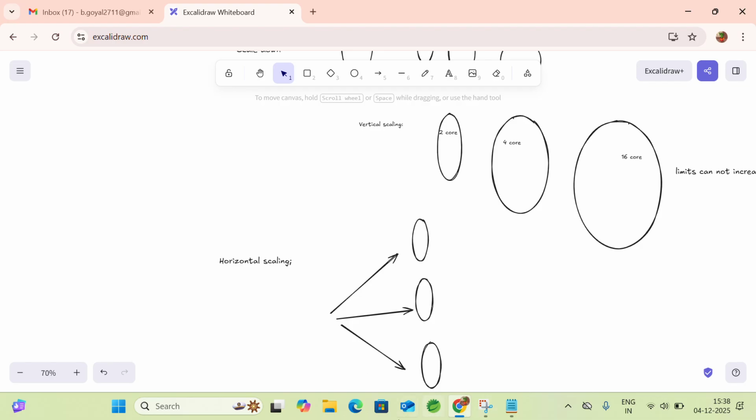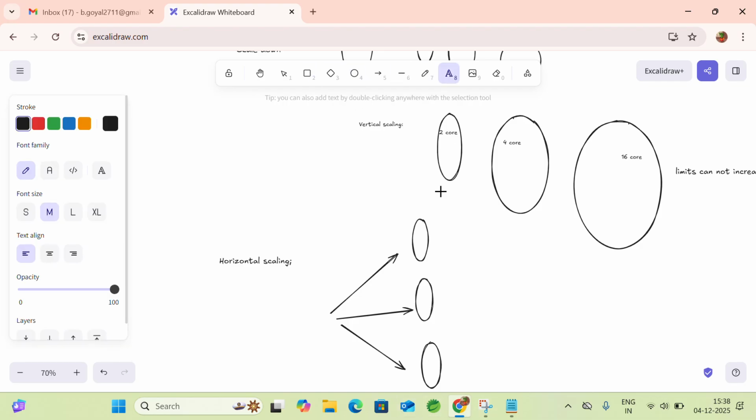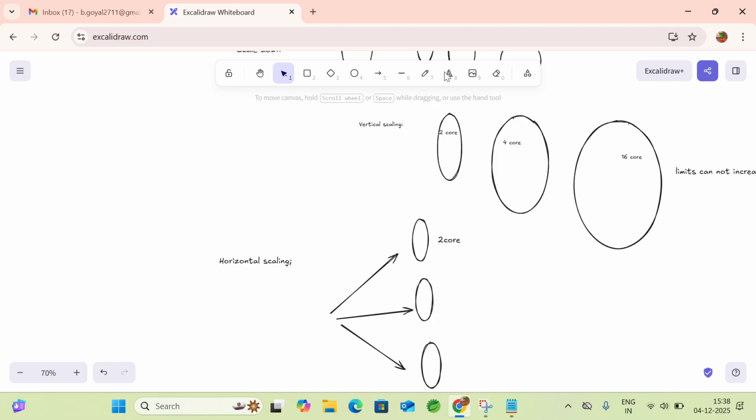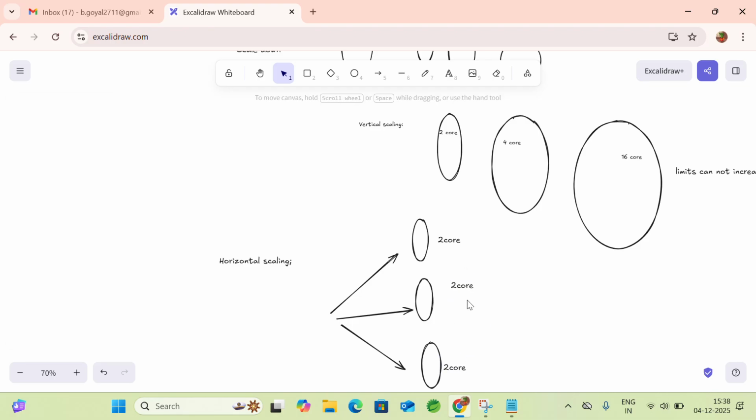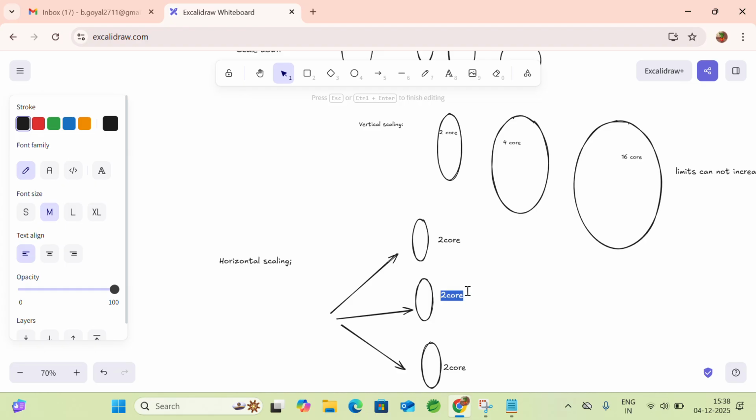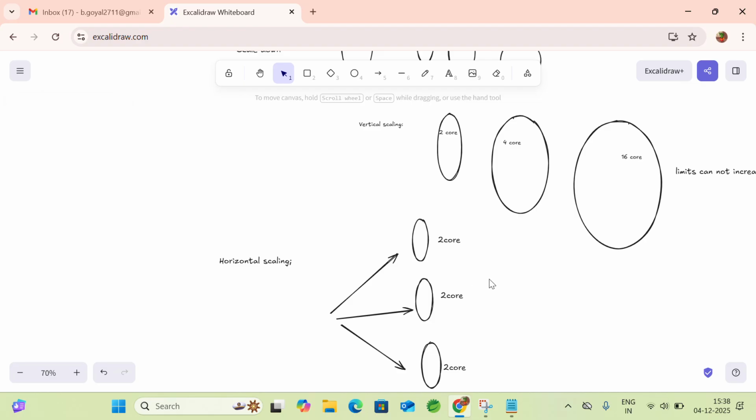So there are three different machines. We can say here the size is the same. Let's say it is of 2 core. The same will be, let me copy, the same here and the same here. So all of these three are of the same size, and this is what we call horizontal scaling, because